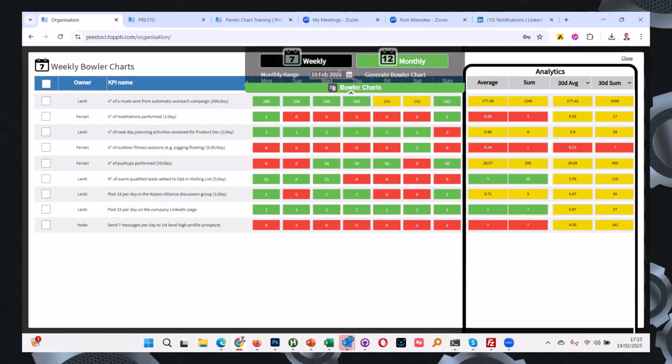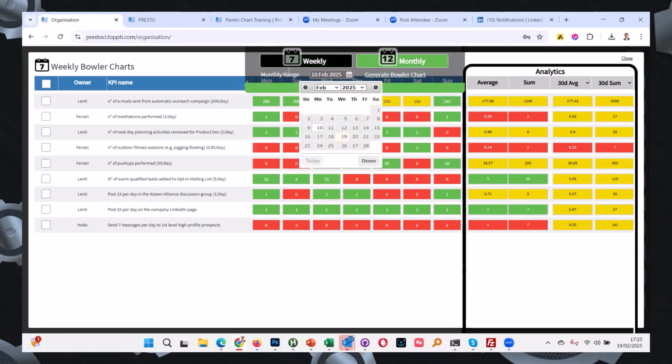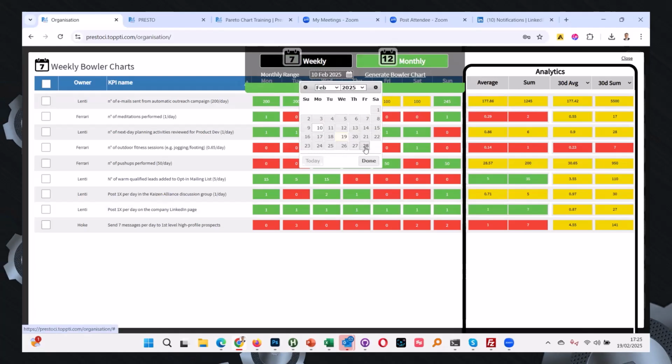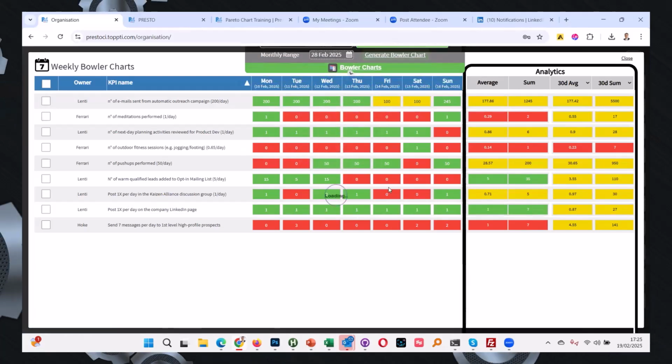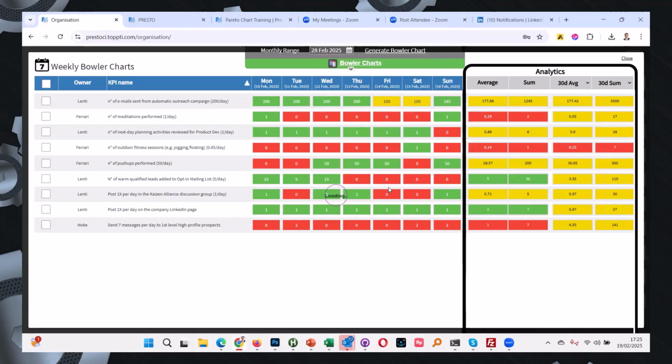Let's take a look how we're doing over the course of the year. So I'm going to go to my monthly bullet chart and say, let's do a monthly bullet chart up until the end of February of this month. And again, this